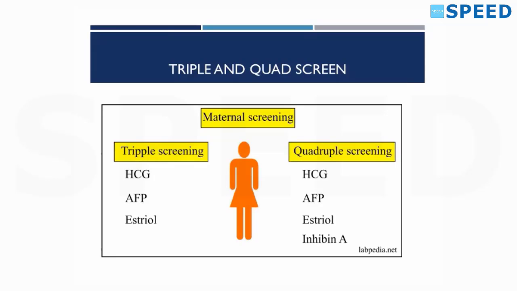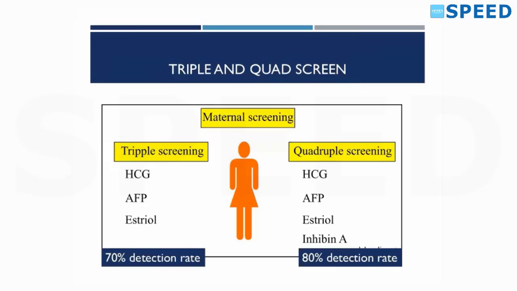Whenever you want to screen the maternal serum for chromosomal abnormalities, the triple screen includes HCG, AFP, estriol. To this triple screening, if you add inhibin A, then it becomes quadruple screening. When you use triple screening, the detection rate is only 70%, but when you use quadruple test, the detection rate is going to be 80%. That means quadruple screen is a little bit more robust when compared to triple screen,